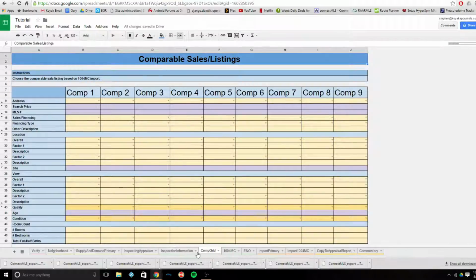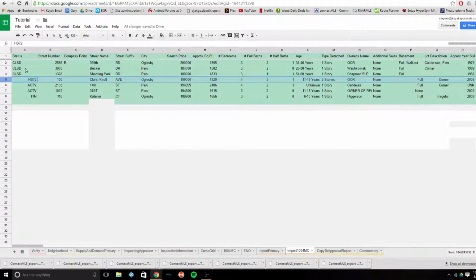And then lastly, we go to our comps grid. In this situation, it's pretty easy. We only had 3 closed sales, so we know that those are going to be our close, and then possibly 2 of the actives. In a longer list of 1004MC data, you'll have a longer selection of choices for the comp grid. But the 1004MC data is what